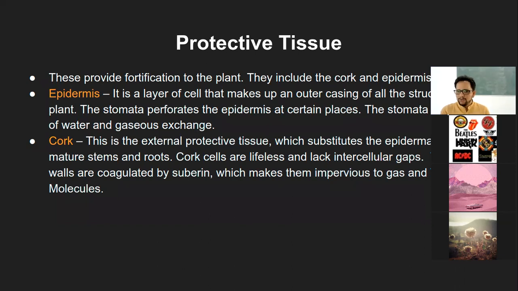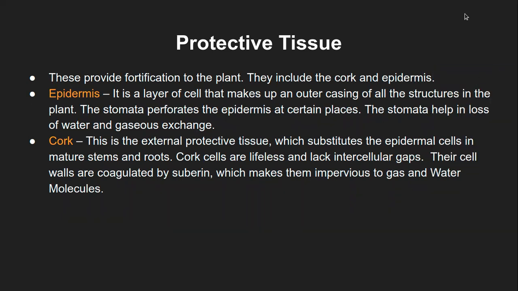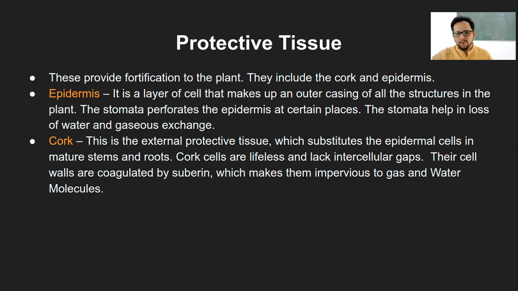So continuing with those different types of tissue which are present in the plant, there are a few other types of tissue which ultimately make a part of either of the earlier learned tissues, but because they have special characteristics, we see them differently. So first is the protective tissue. I don't think I should explain what protective tissue does in a plant. They do a function of protection.